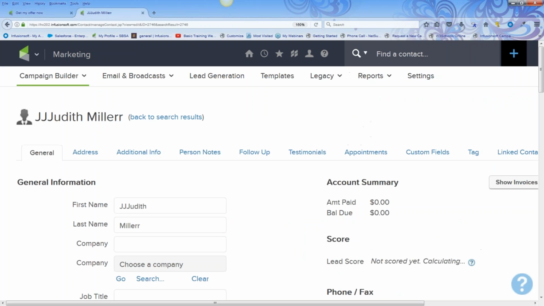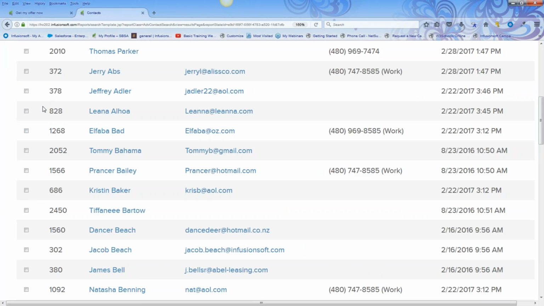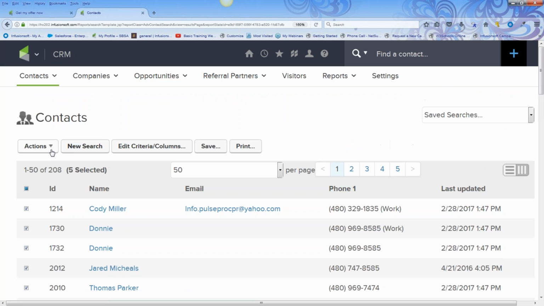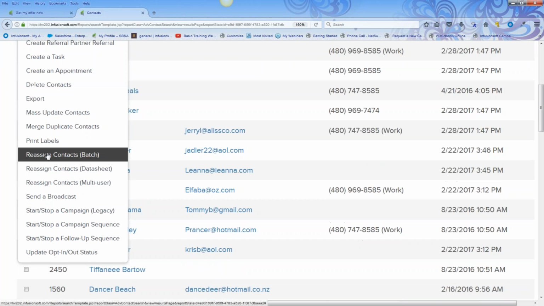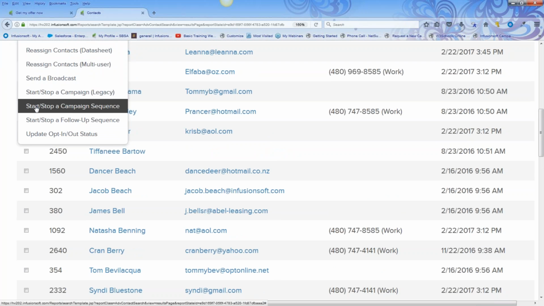Go to your Infusionsoft contacts. When you go to your contacts, click on the people that you want to add to the campaign. So it might be just these 5 people. Or if you want to choose everyone, just click on this little button on top. Once you checkbox the people that you want to push into the campaign, hit the Actions button, and all the way down to almost the bottom, you'll see it says Start, Stop, a Campaign Sequence. I'm going to click on that,